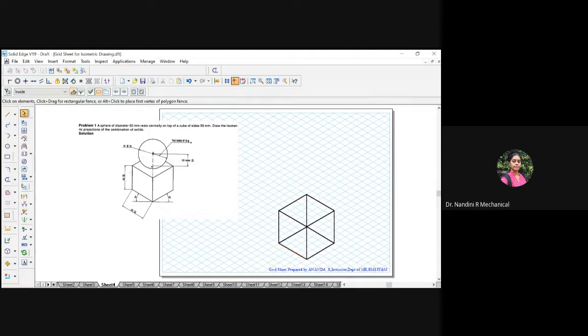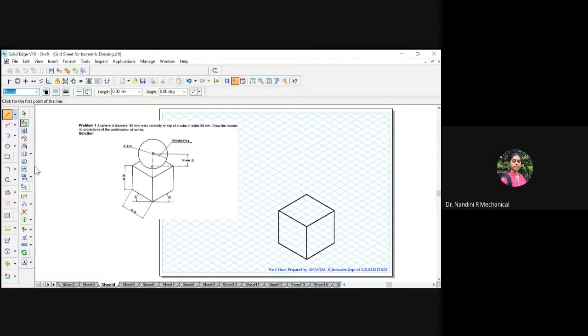Now the extra lines which are not visible, you can delete. This one you can delete, this one you can delete, because these sides will not be visible. So we have constructed the cube. It is told that at the center of the cube, the sphere is located. Use normal line, don't take visible line.